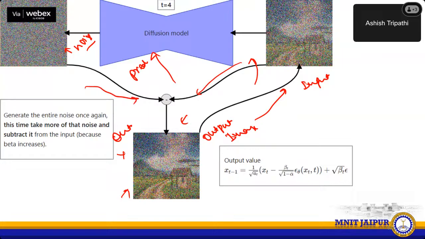Are you getting this one? This is the input image. This is the noise that my model is predicting. And this is the output image